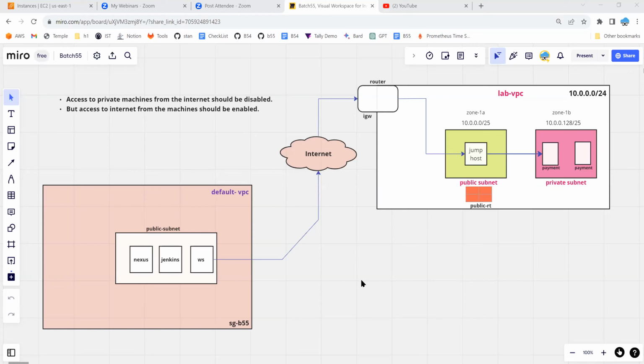What's been covered in the previous session. In the previous session, we were in the phase of creating the network, two different networks. One network is the default network where our tools like our Nexus, Workstation, all of them are there. And on the other hand, we created another